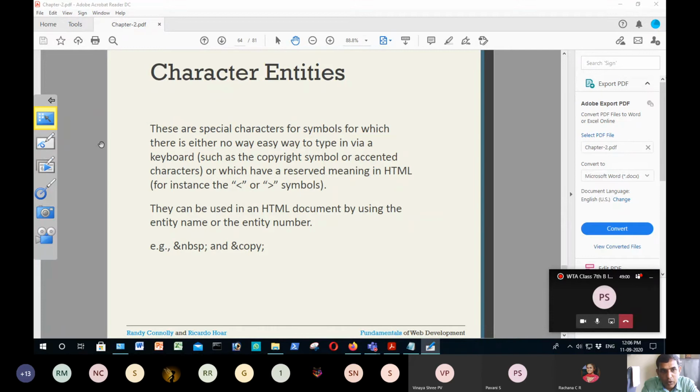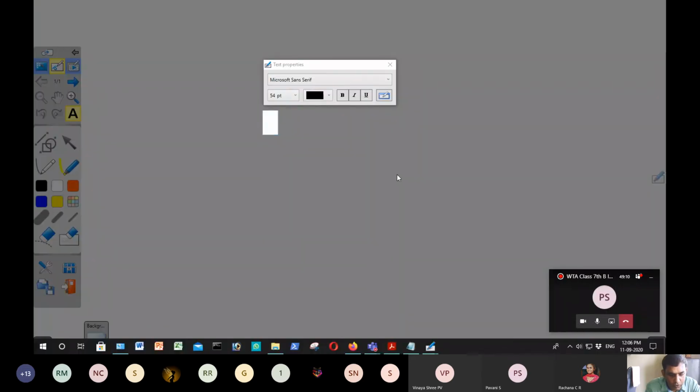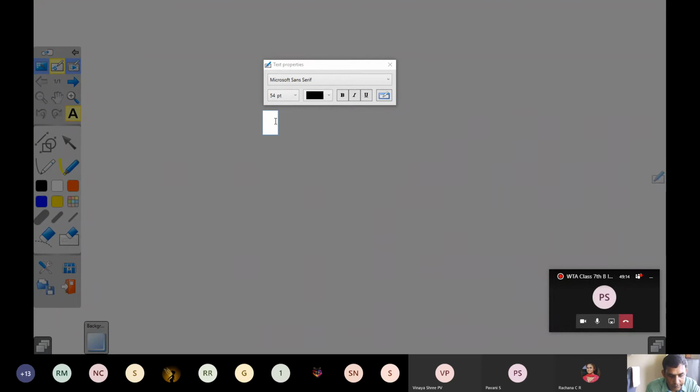And you may wonder, what if I want to give greater than or less than? Though the symbols are there, there are character entities we should use. For example, if I want to use greater than, then I should use the character entity ampersand GT.